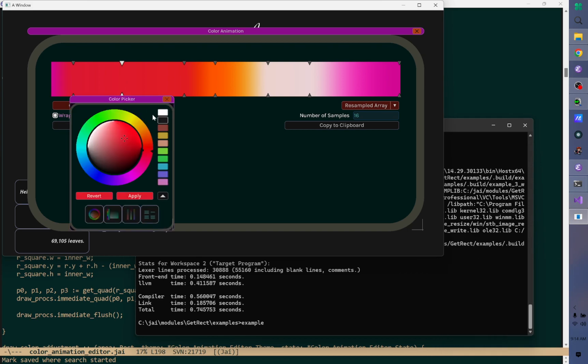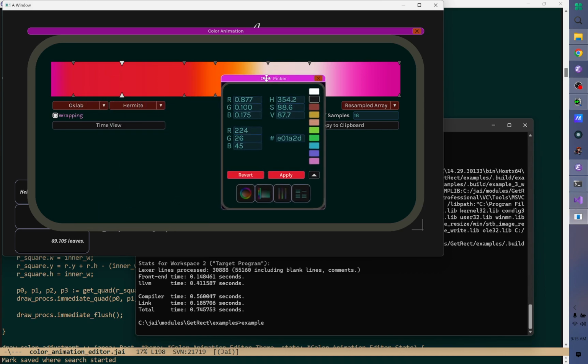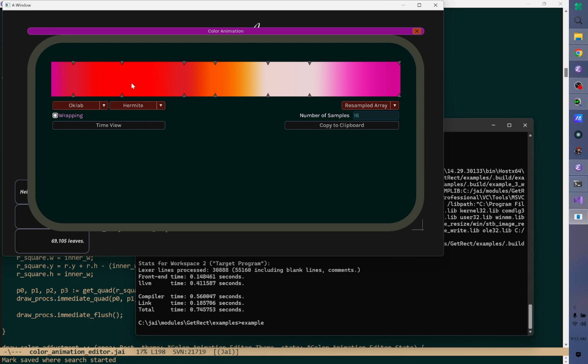We open the color editor. We go here. It's 224/2645, bro. I'm going to show you how different that is. If it's 255.00, it looks like that. Which actually in context also isn't that bad of a color. But